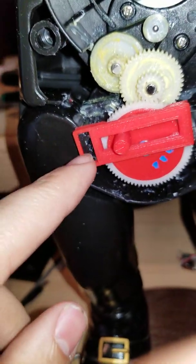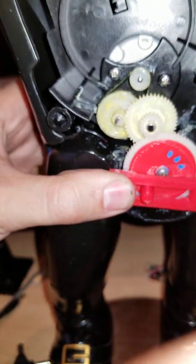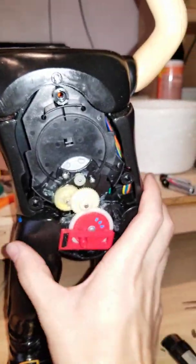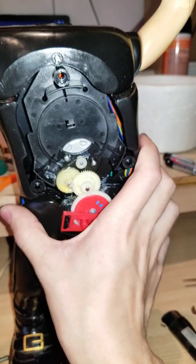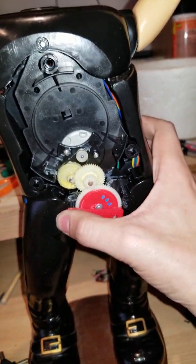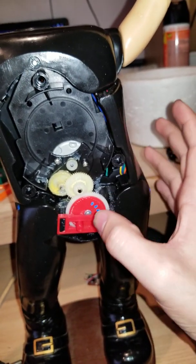Of course, it's going to have to be either glued or screwed. I'm going to have to see that the second this thing is done. But what you basically have right now is a hip swinger, a mechanism that used to be for a side-to-side motor, a double polarity motor,